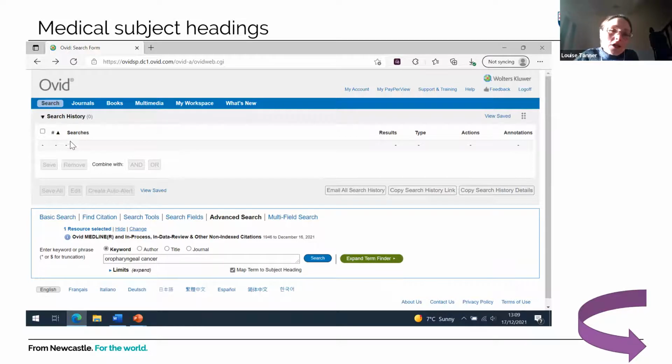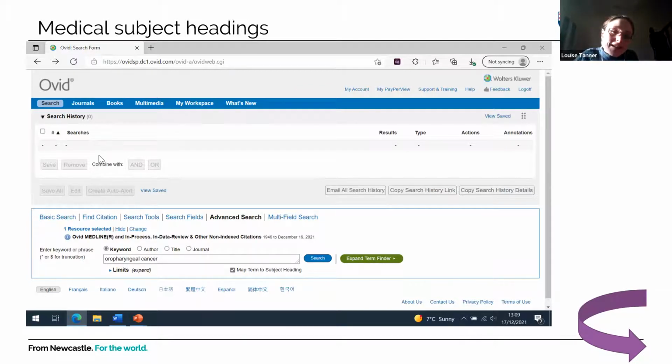So then in your list of searches, you would have oropharyngeal cancer as a mesh heading and oropharyngeal cancer as a keyword, and you could combine those two with the Boolean operator or. That would give you the results of journal articles where oropharyngeal cancer is either a mesh heading by which the article is indexed, or where the article has just mentioned that term.